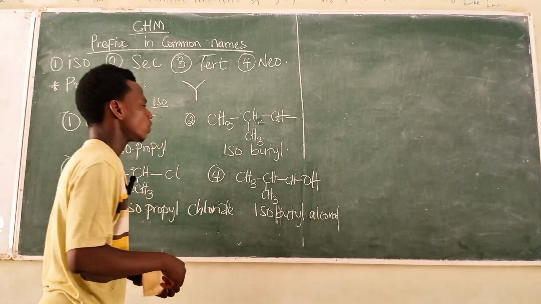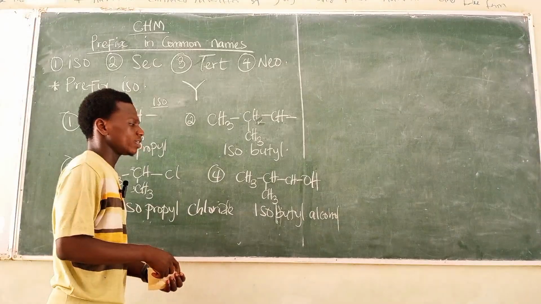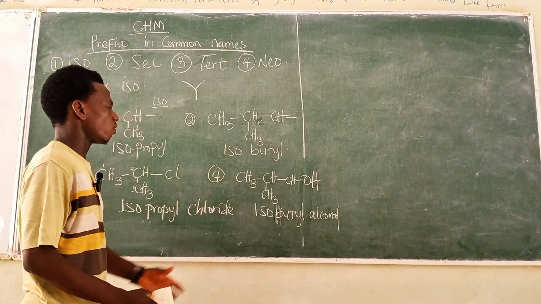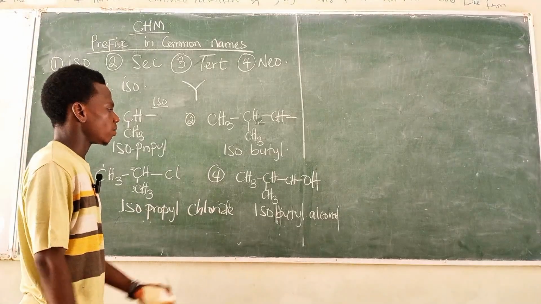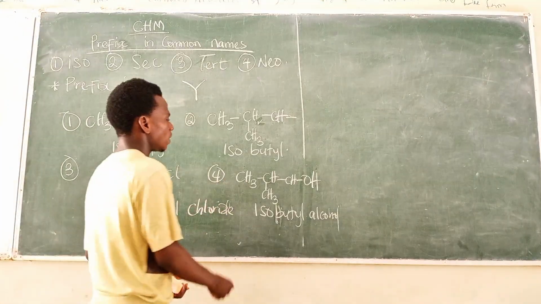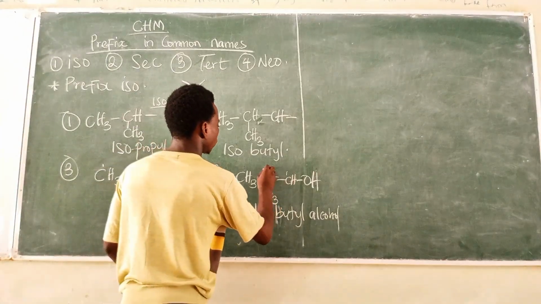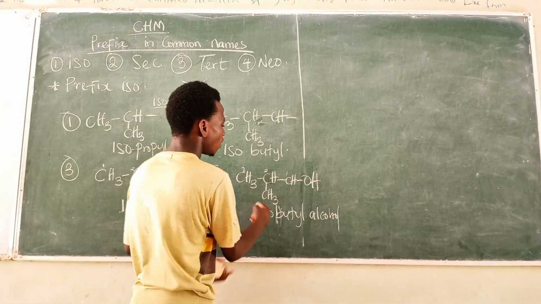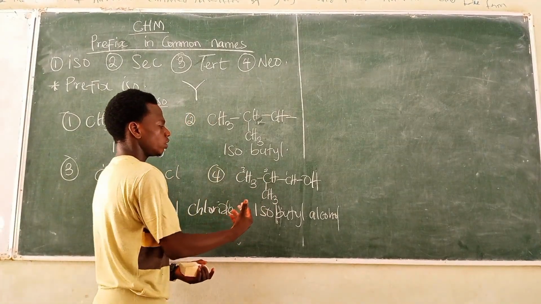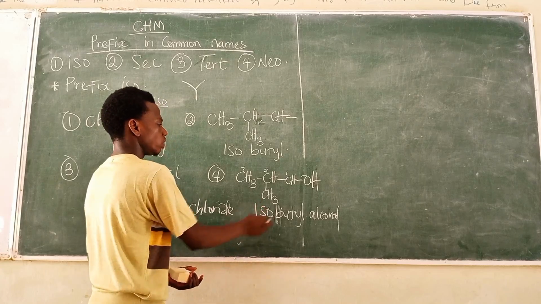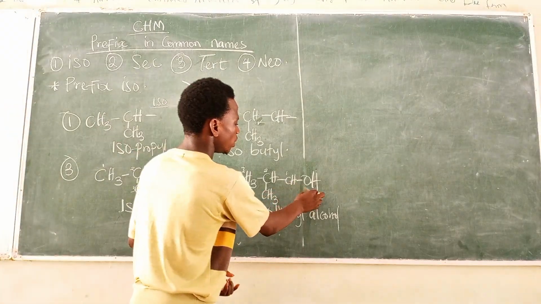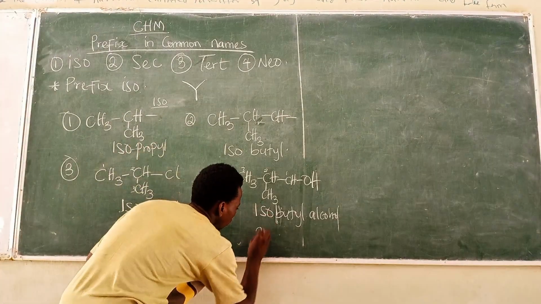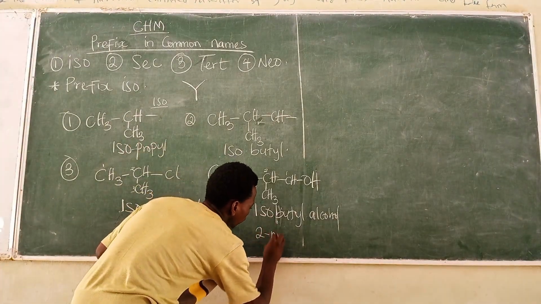Isobutyl alcohol. So that is how you are able to identify the parent name, the common name of iso in organic compounds. If you are going by the IUPAC name, you count the longest continuous carbon chain, which is 1, 2, 3. Then on carbon 2, you have a CH3, which is a substituent attached to it. On carbon 1, you have your OH, which is taking priority in the organic compound. So the IUPAC name of this becomes 2-methyl